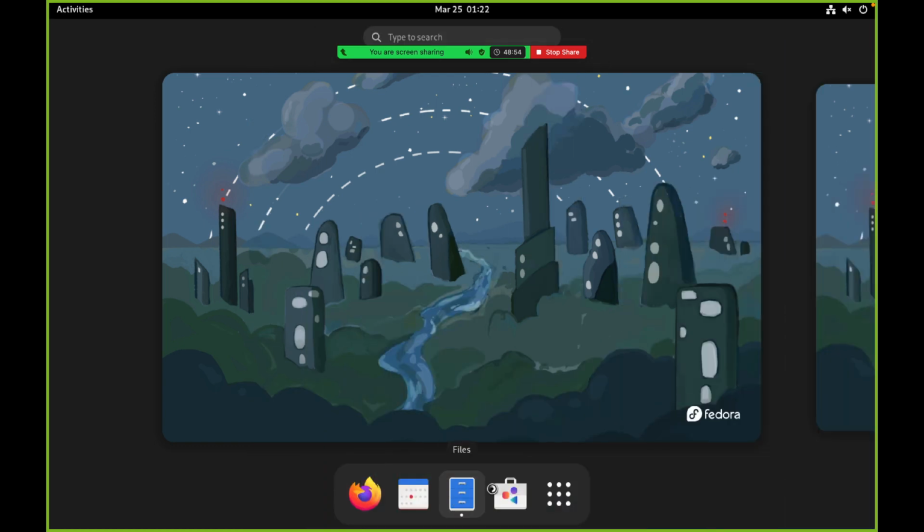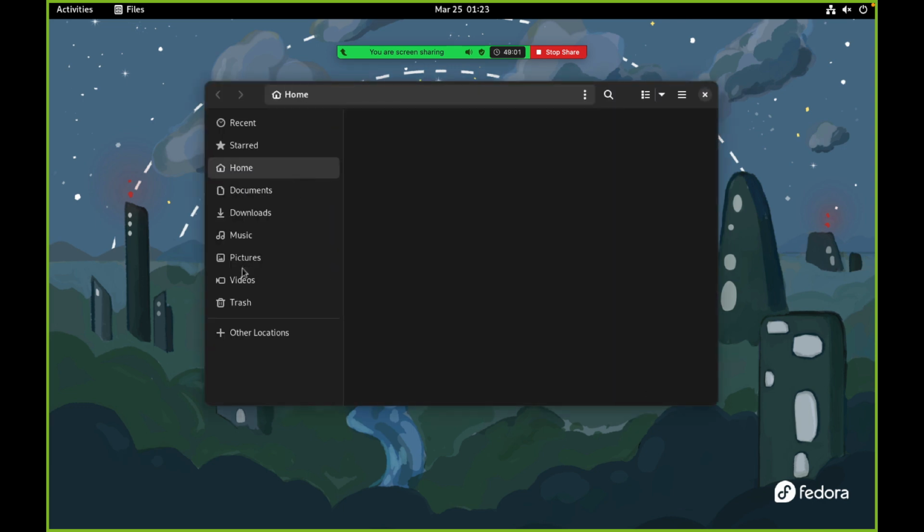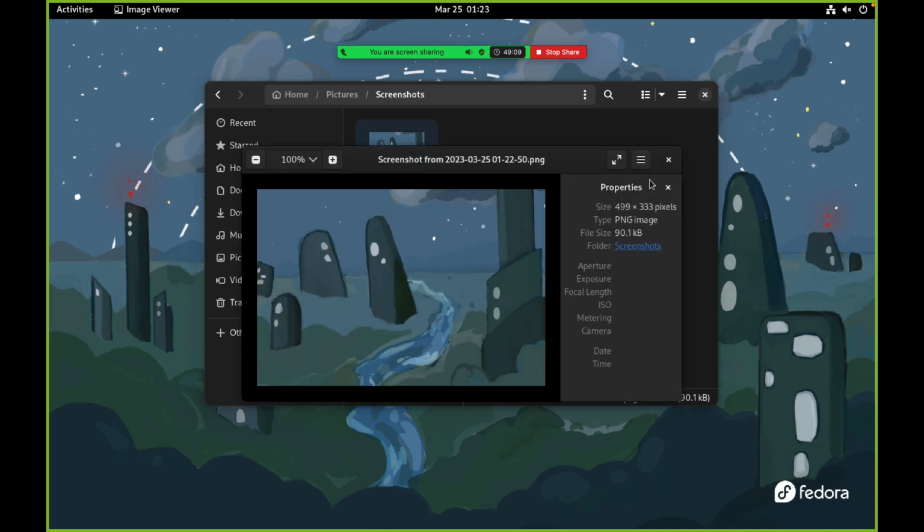You can go to files, and let's go to pictures, screenshots, and your screenshot is there with all of the info that you need. Alright,